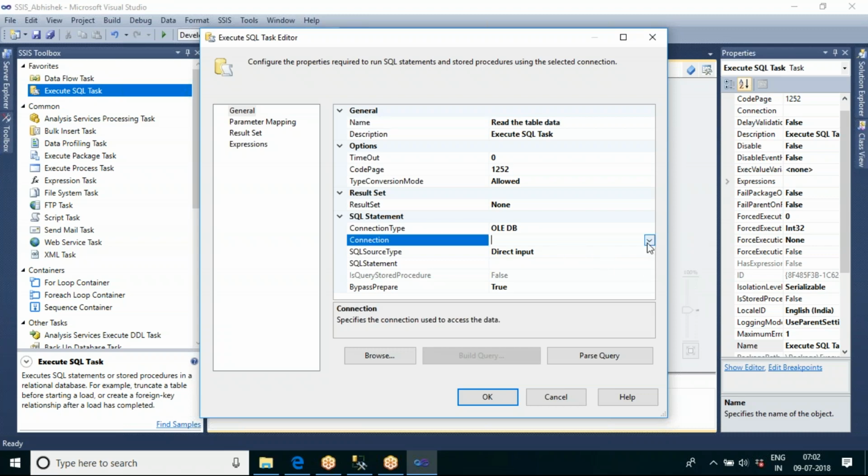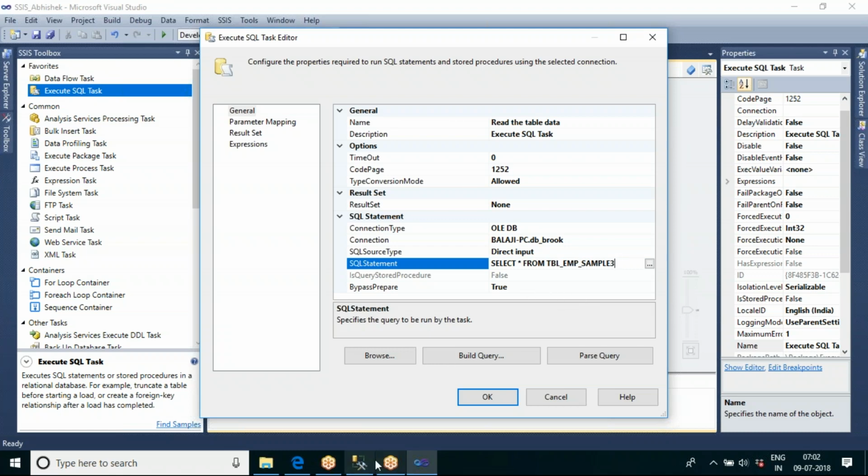And your table is present in which database? The dbgroup database. And what is the query you want to run? I want to write the select statement: select * from table_emp_sample3.